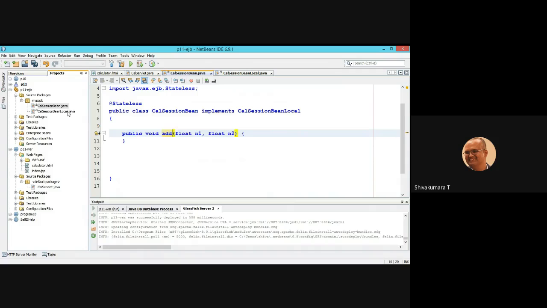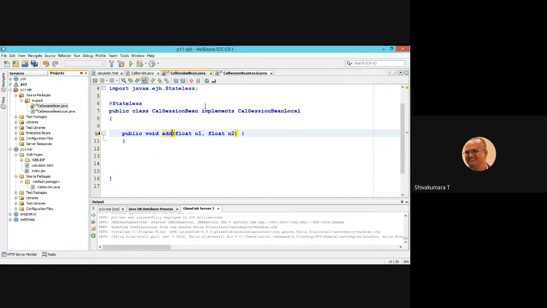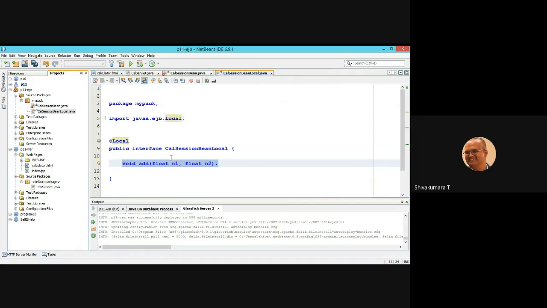For this business method, there should be an interface method here. The corresponding interface method is created here. Where did you create the business method? Inside your class. Because this session bean class implements what? CalSessionBeanLocal. So whenever you add a business method, the corresponding declaration will be in the interface.